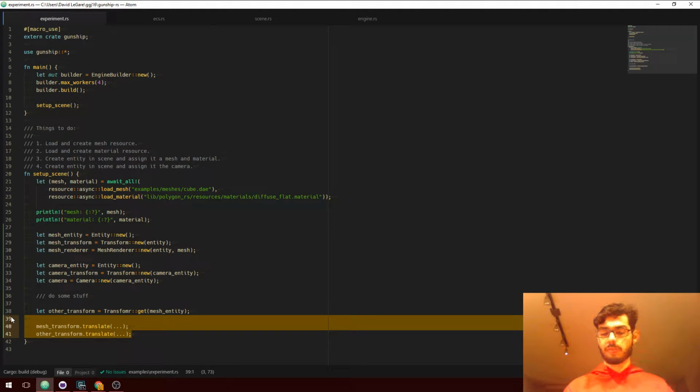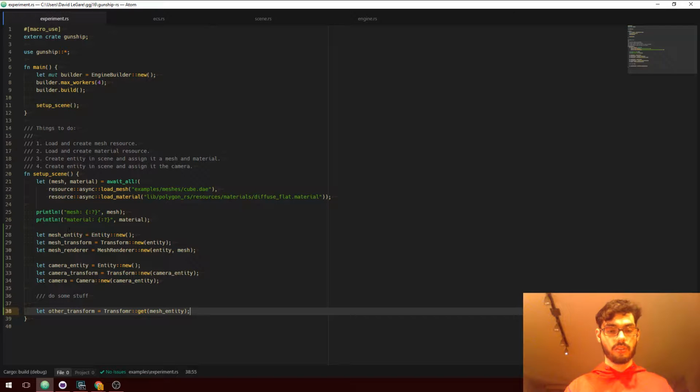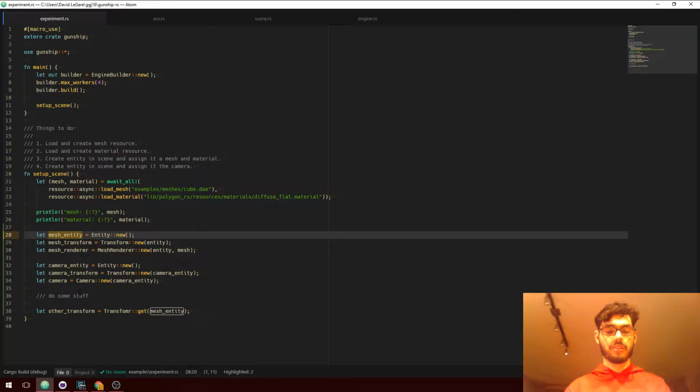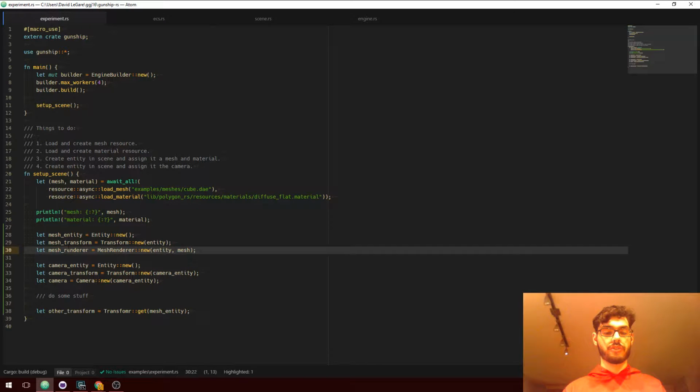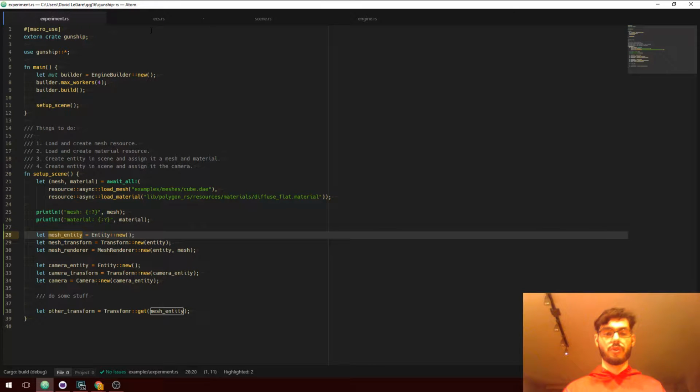Ultimately, what this problem comes down to is that by having this entity around that is effectively an identifier that can be used to get any component, this will always be possible. This entity logically has ownership over each of its components, but in practice has no ownership semantics.